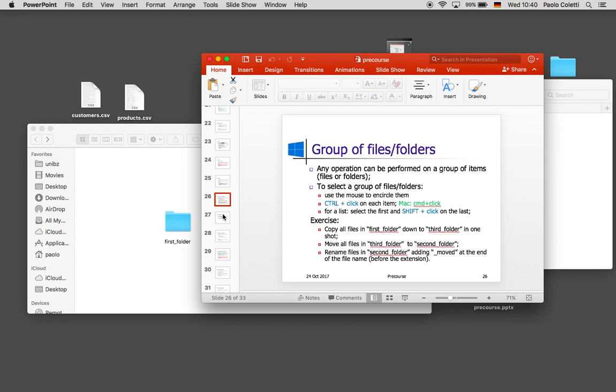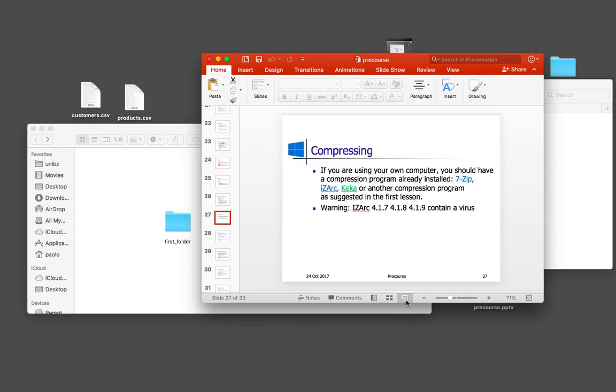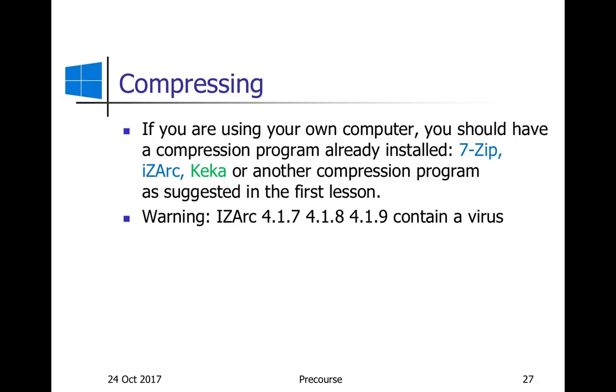And now, compressing. Now we'll see how to compress files with a Mac. Unfortunately, 7-zip, which is a very useful compression tool for Windows, and ZArch, which is pretty similar, even though not as good as 7-zip, don't exist for Mac. There is Keka. Keka uses the same background engine as 7-zip, so it's as powerful as 7-zip, but the interface is not so user-friendly. However, let's do it.